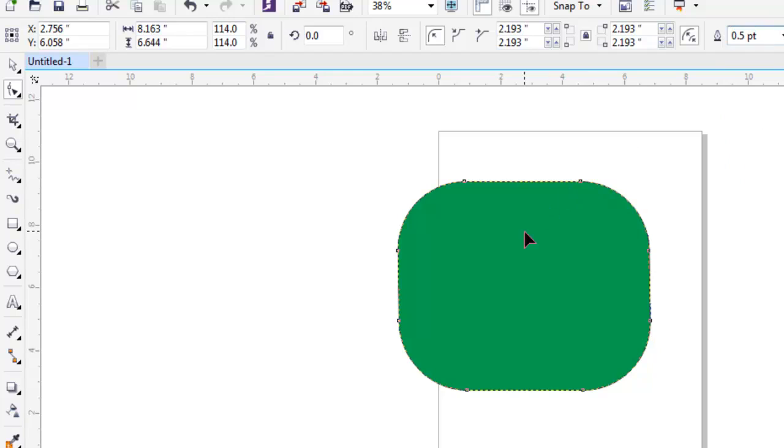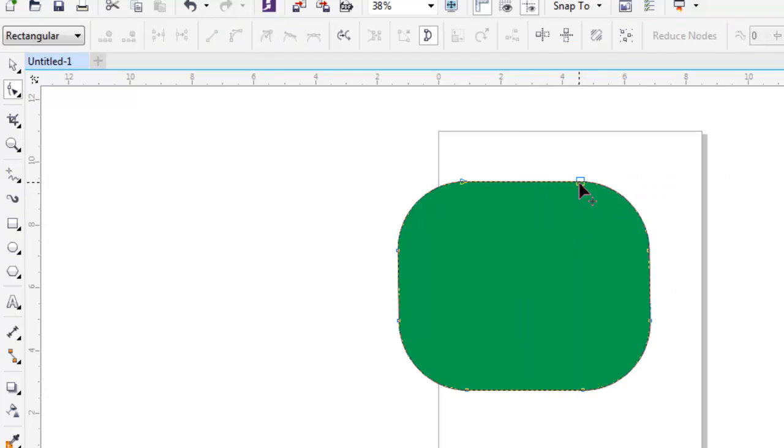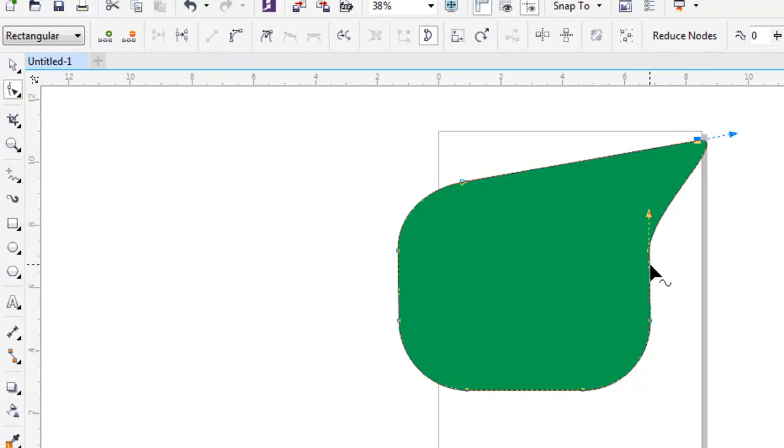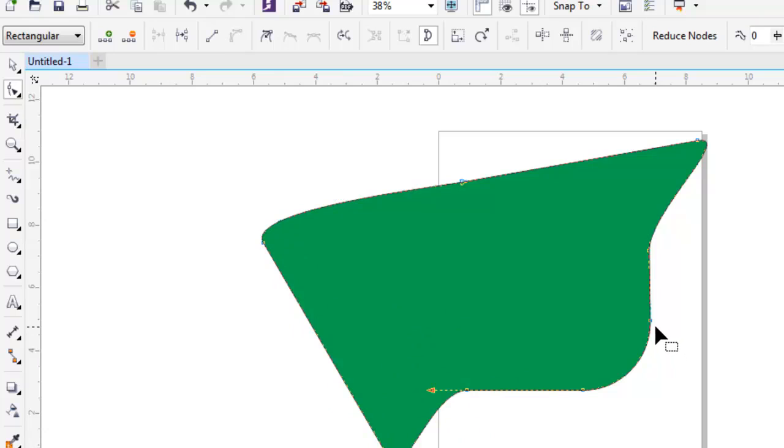But if you convert to curve, now you have each point, and you can change that point like this. You just need to select the point and you can change the specific points using this shape tool. Very nice option over here for you. You can make any kind of